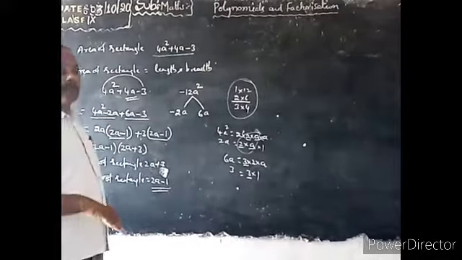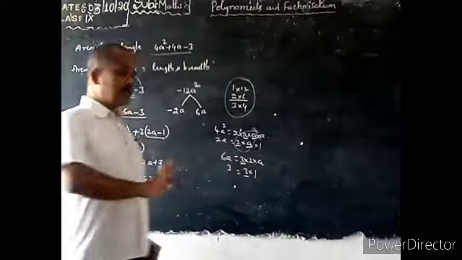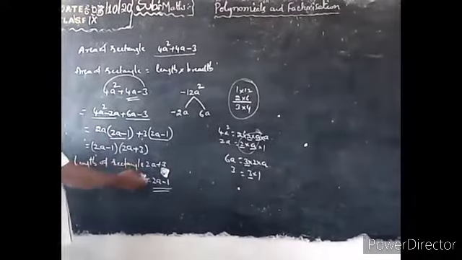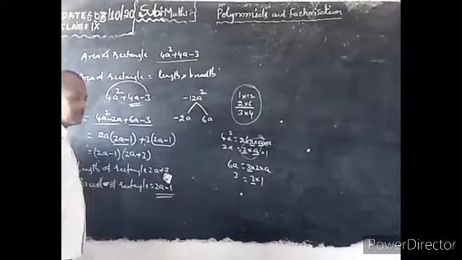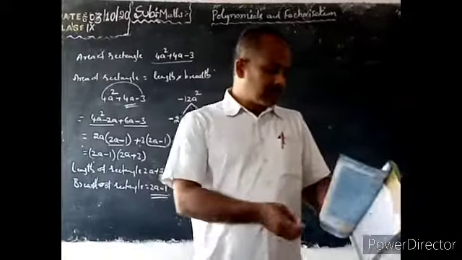So we are getting the length and breadth of the rectangle, or not? When the area of the rectangle is given in the form of a polynomial, we get length and breadth also in the form of polynomials only, binomials. Binomial is also a polynomial. Yes or no? In the same sense. Next, one more problem is given.